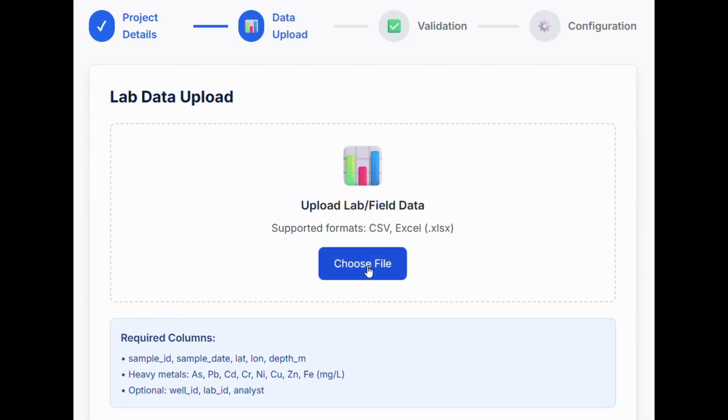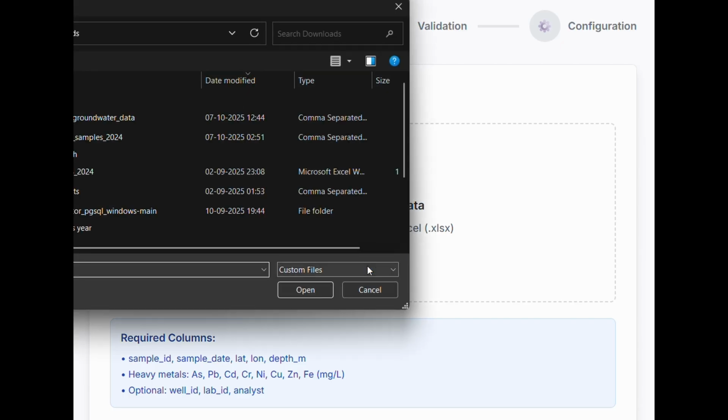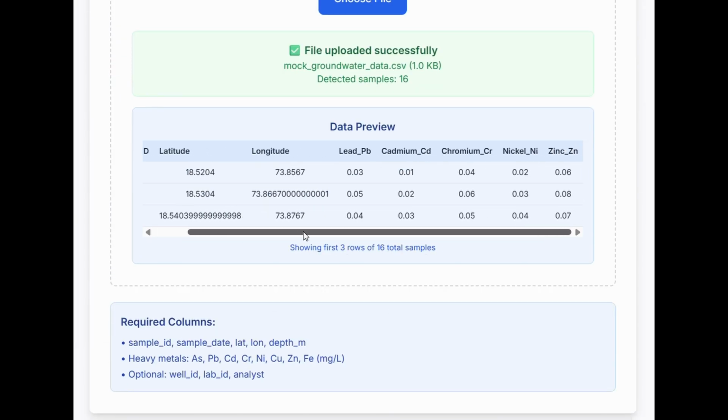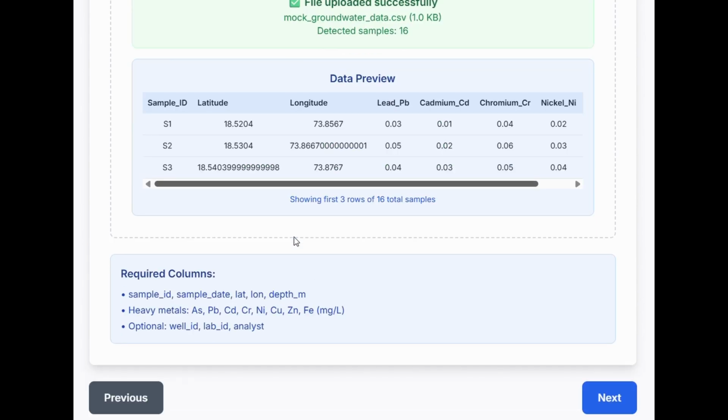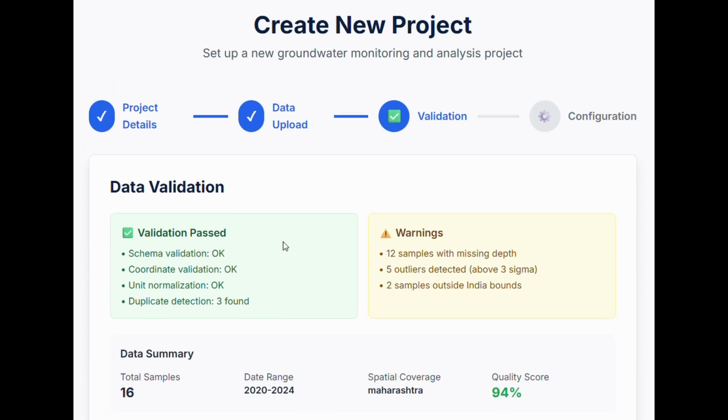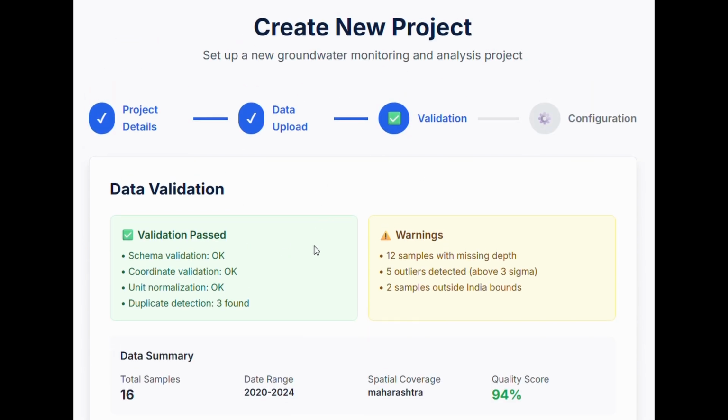Here we have to upload the data in CSV or Excel format, which will get processed. I am uploading mock data as of now. Here you can see the preview of the mock data, all the parameters. Next, I'll click next. Here you can see what will be done with the provided data, that is